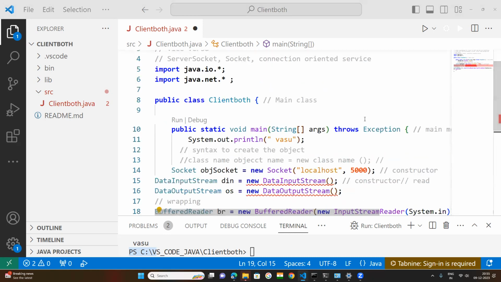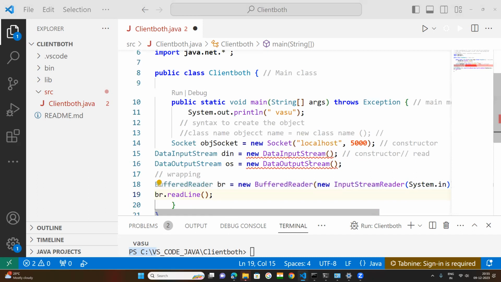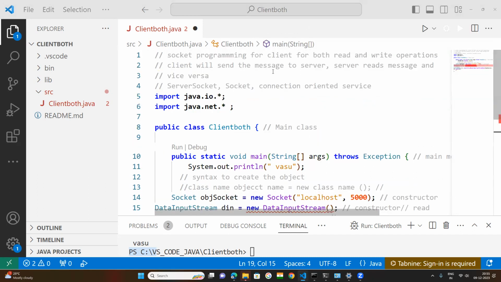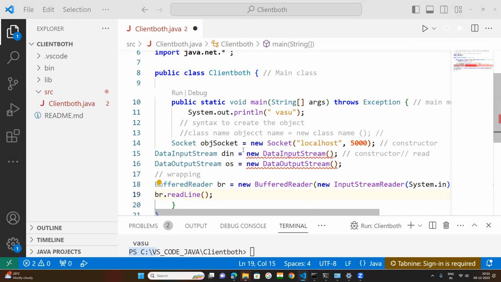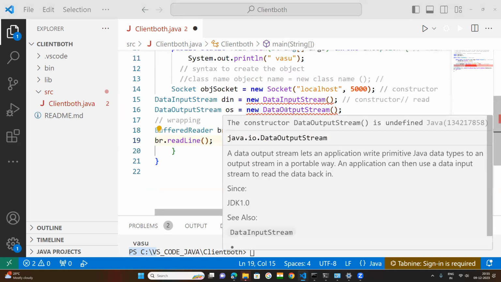Now, this much of code I have written for the first period. Now I am going to improve this code for the client side. The client will be used for both sending and reading operations. Okay. So for that, now here,